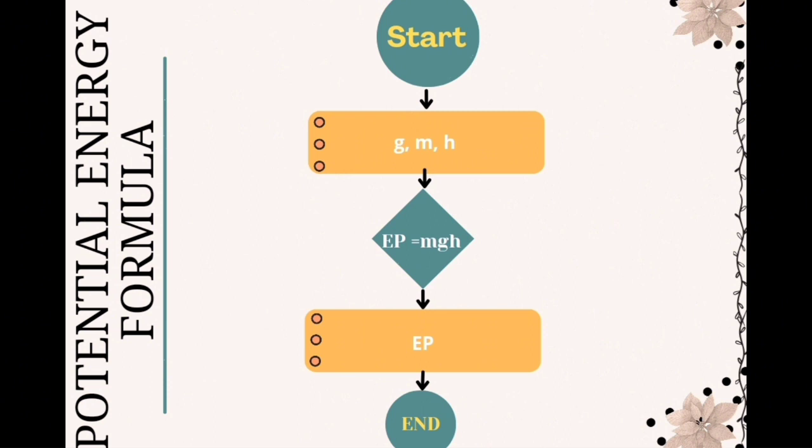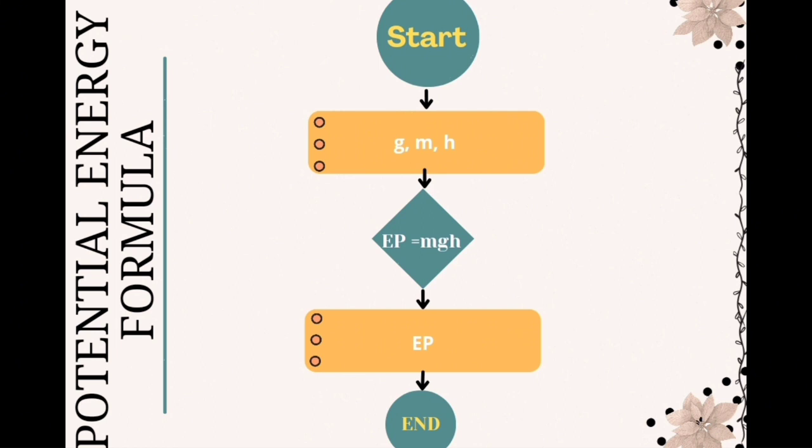The first material is about the potential energy formula. The flowchart starts with the start step. The first step is to enter the mass of the object, or M. The mass of this object is one of the factors that will influence the calculation of potential energy, including gravitational acceleration, or G. Gravitational acceleration is also an important factor in potential energy calculation, including the height of the object, or h. This height will affect how high the object is lifted from the specified reference.